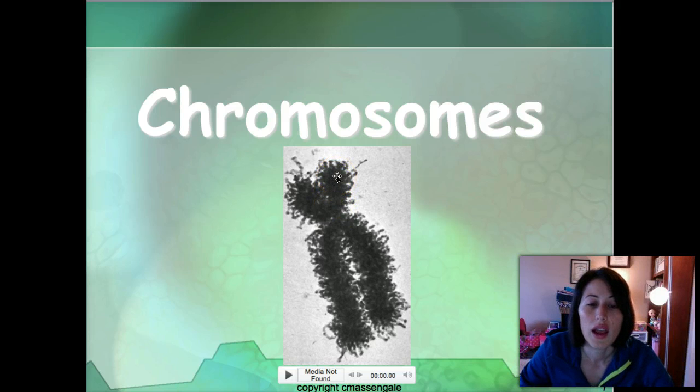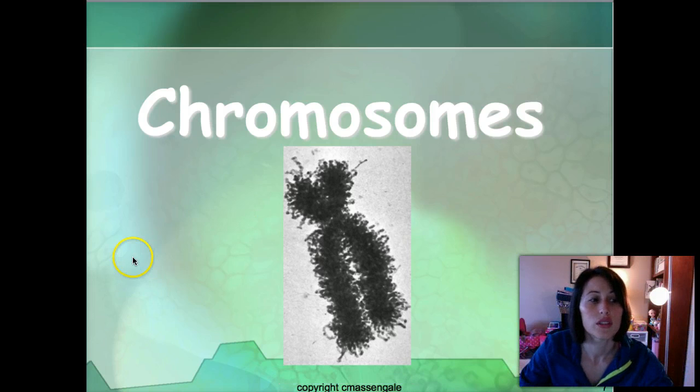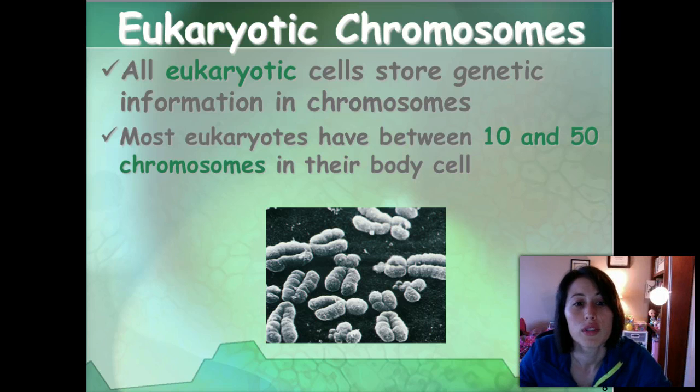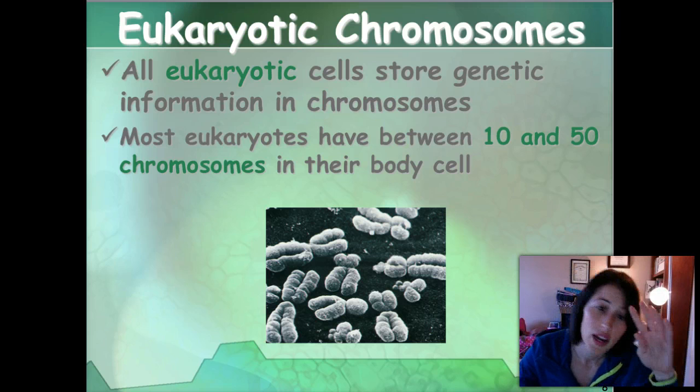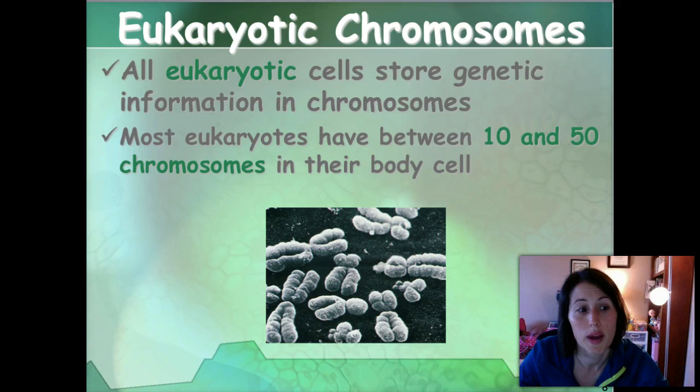So remember before that I've also told you DNA is so long. Every single cell has a meter of DNA in it. Huge. How is that supposed to all fit inside of your cells? Well, that DNA coils and coils and coils up on itself. Eukaryotic chromosomes, in eukaryotic cells, are found in the nucleus. Most eukaryotes have between 10 and 50 chromosomes in each body cell. We have 46 chromosomes, or 23 pairs of chromosomes in all of our cells.